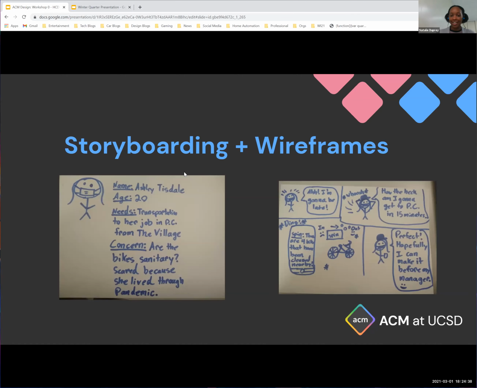She's 20 years old and she has a job in Price Center and she lives in the village. So she needs a spin bike to get to and from work. But the main issue is that she feels that they might be unsanitary. And then on the right, you can see a short little comic explaining that Ashley has the Spin app. She gets a notification and she now sees that the bikes have been cleaned and she can get to work